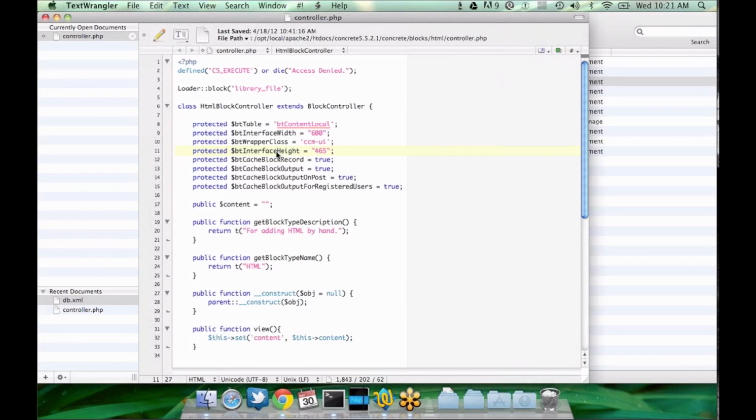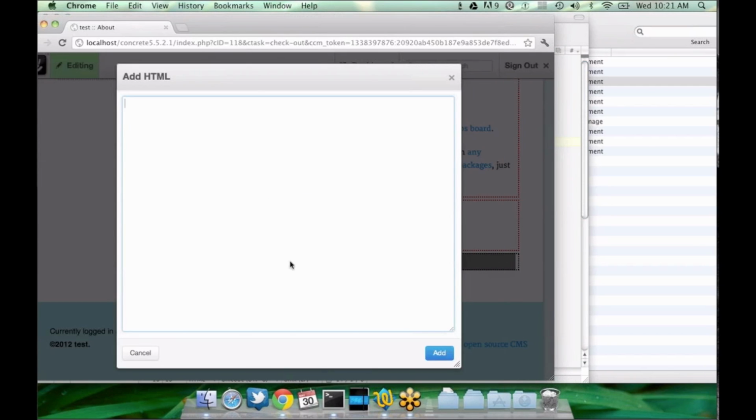We also have this new parameter, which is new in 5.5, which is BT wrapper class. You don't have to have this. This is a little esoteric. If you do have this, your block's interface here will be wrapped in a particular CSS class. I would recommend that you do wrap it in CCM-UI, and then what you can do then is you can